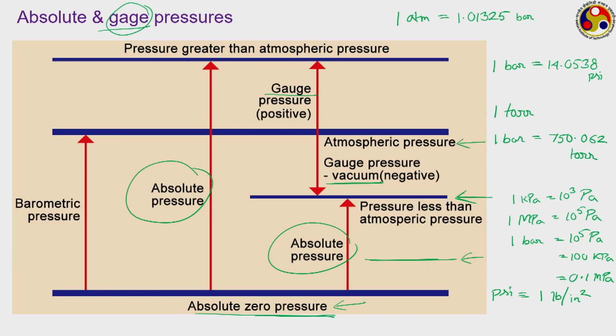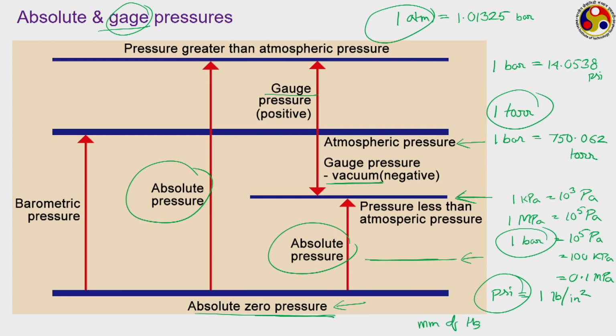There is another quite commonly used unit of pressure which is in terms of mercury column, but I shall be coming back to that shortly afterwards. Common units of pressure can be either in terms of bar or kilopascal, or in terms of PSIs, sometimes in terms of atmosphere, and if you are talking about very low pressure, we may also have to deal with the torr. And the one which I shall be talking about later on generally is given as millimeter of mercury column, which we shall be discussing very shortly,